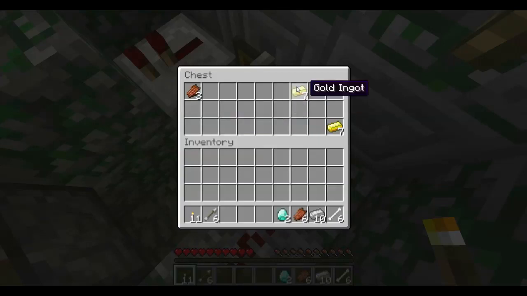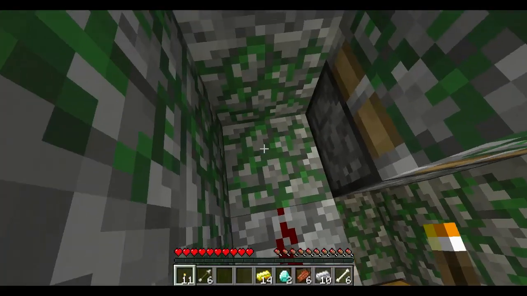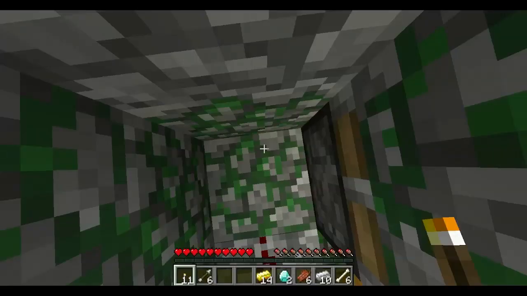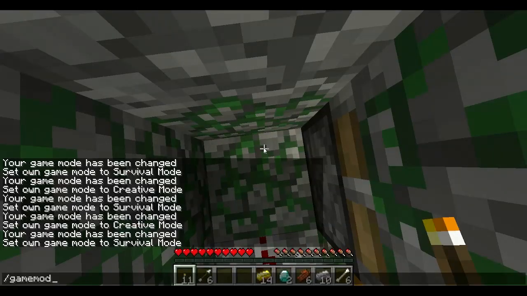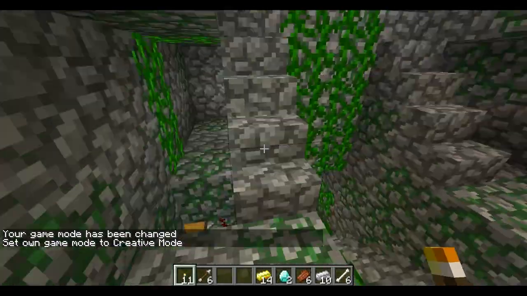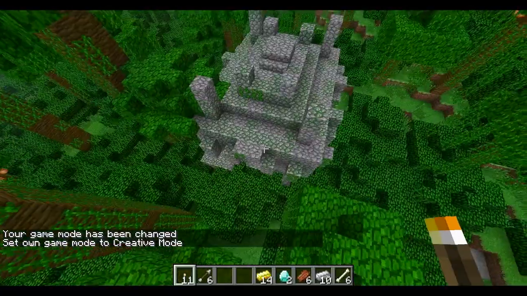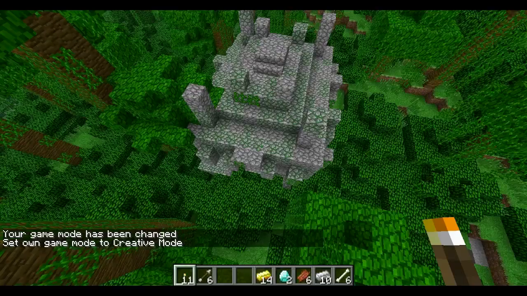We have 10 iron ingots. Oh, actually, that's with the other ones we got. And we also have 14 gold. That's very nice, okay? So let's just try and get our way out of here. Let's just go back into game mode 1, or into creative mode so we can just fly out. So that is actually the new jungle temples, which is very nice indeed. If you're getting 2 diamonds out of there, if you can...